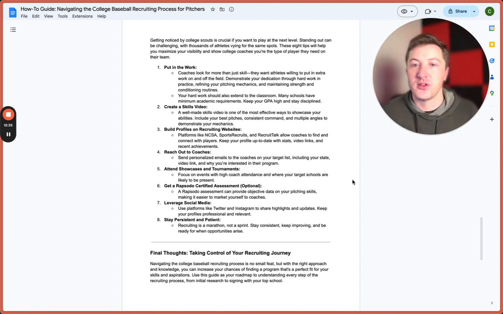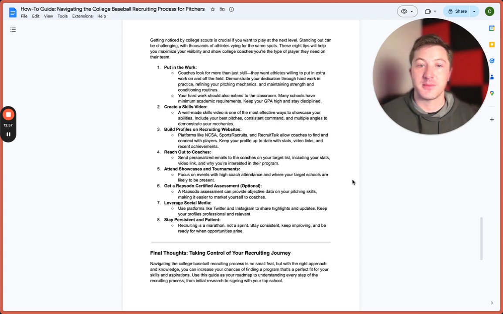Coaches are looking for more than just skill. They want athletes who are willing to put in extra effort on and off the field. Demonstrate your dedication through hard work and practice, refine your pitching mechanics, and start maintaining your strength and conditioning routines, right? Start building that strength. Your hard work also extends to the classroom. Many schools have minimum academic requirements, so make sure to keep your GPA up and stay disciplined